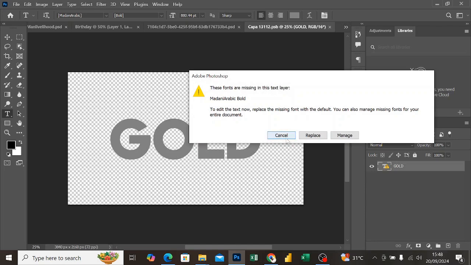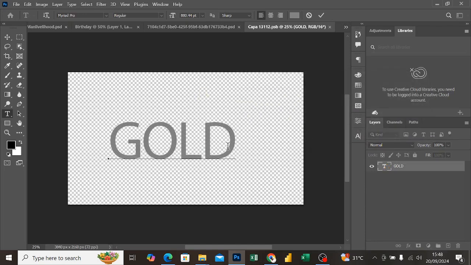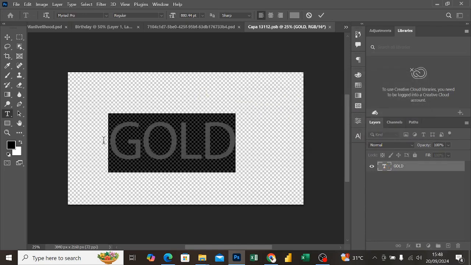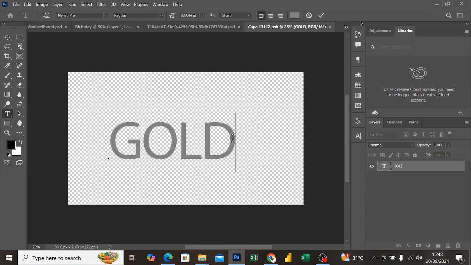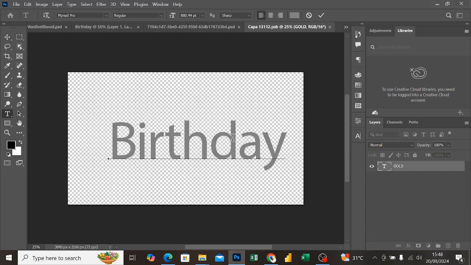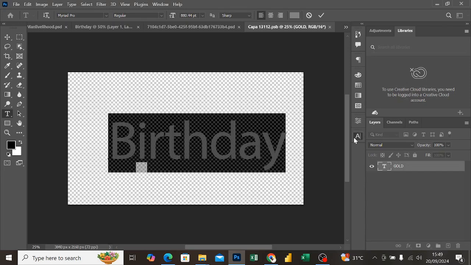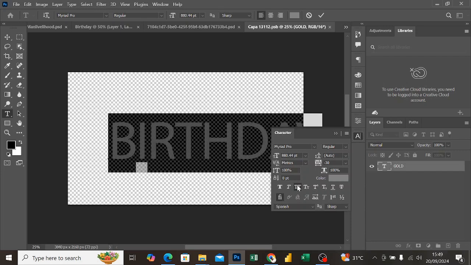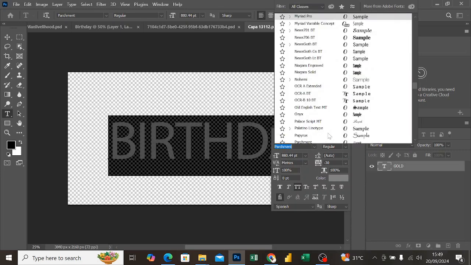If it says you don't have this font, just click replace, and then you can select all. That's Control A to select all, or just delete what's there and write yours. What do we write? Birthday. Good. Then Control A to select all. I want to change it to all capital letters. Good. And I want to change the font to something more